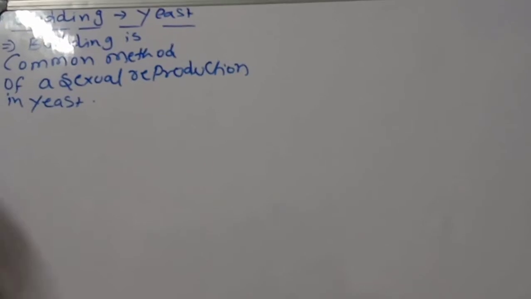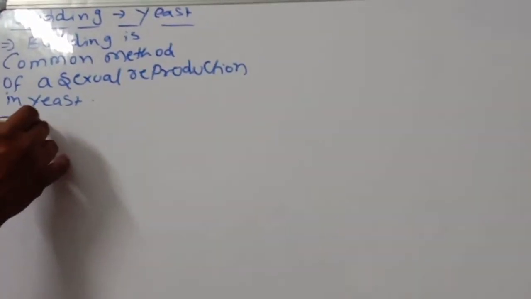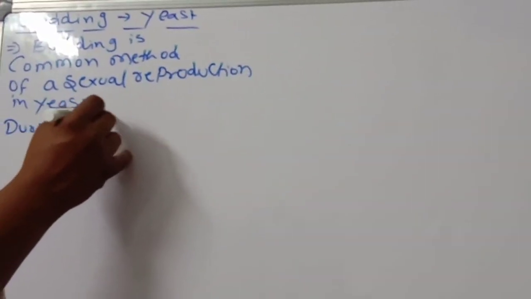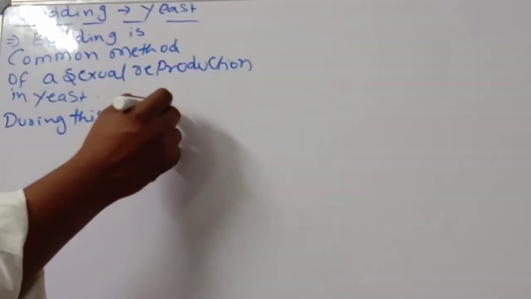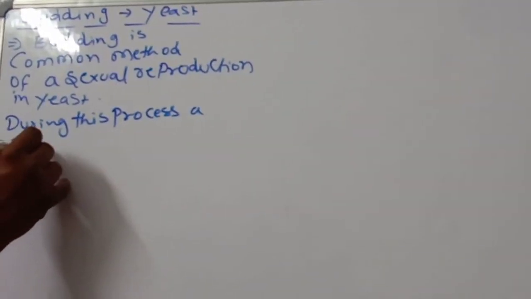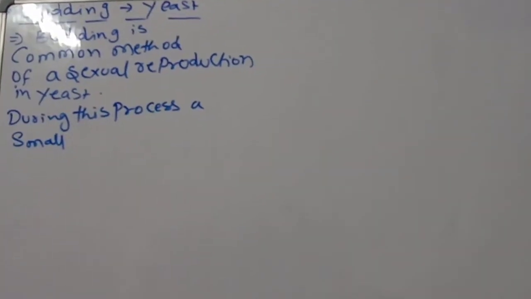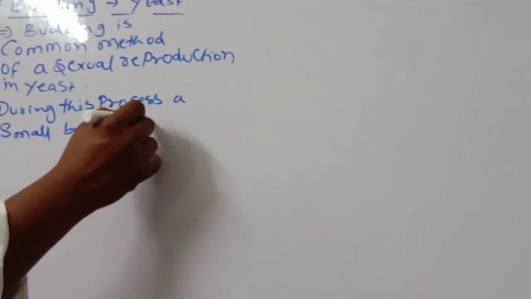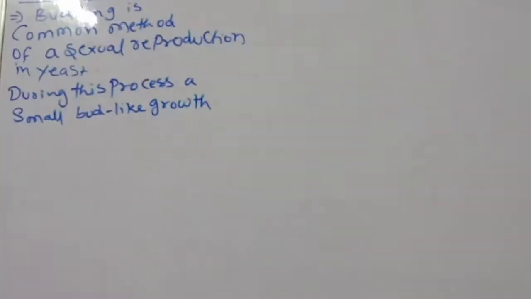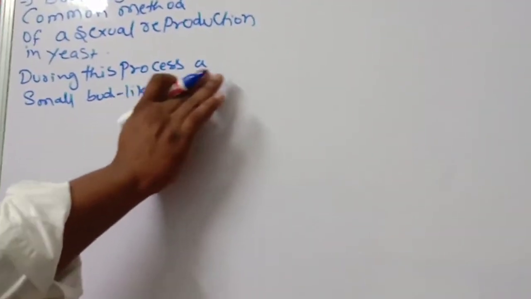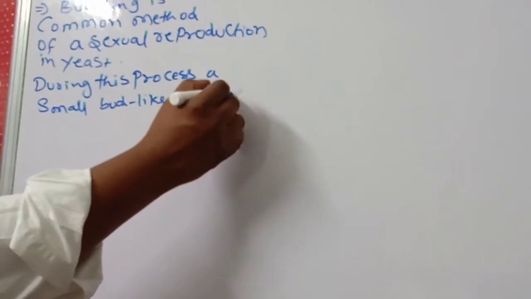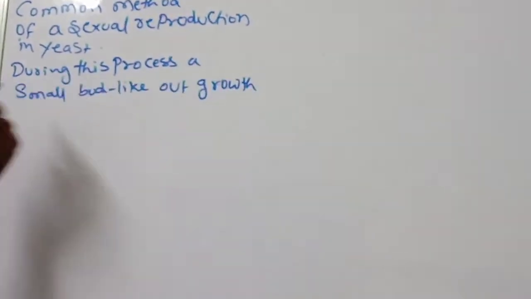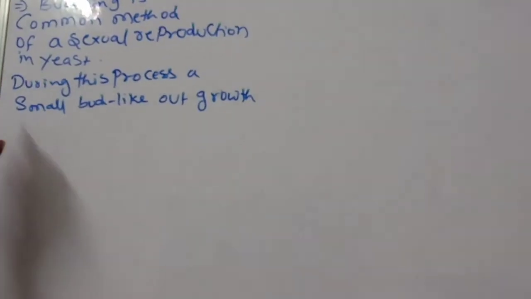During this process, a small bud-like growth, an outgrowth, appears at